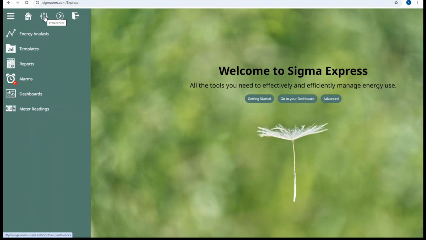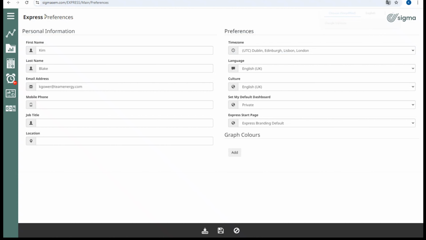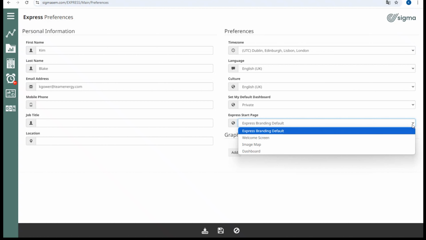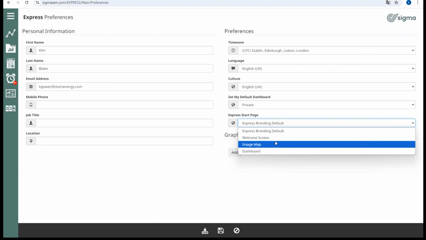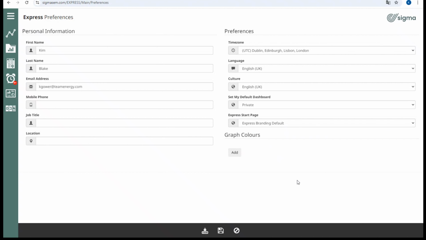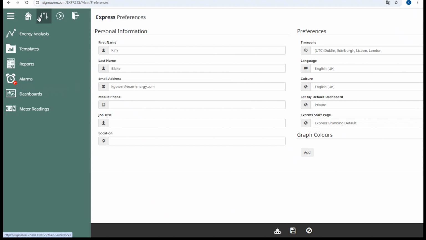If I just show you the preferences, there are preferences that you can set, including your name, etc. And then what page you start on when you open it. So where do you want to start? It could be on any of these. If I just go back to the menu, as I said, you've got the 4 options there, and then we'll talk through what's in here. So if I start with energy analysis,